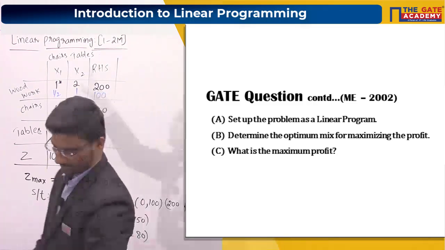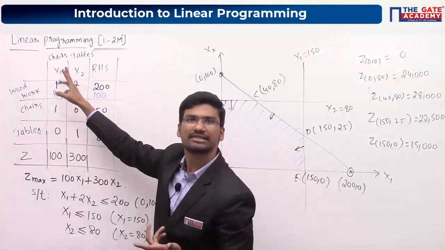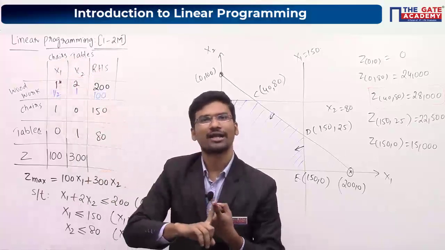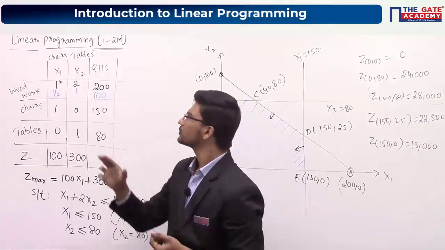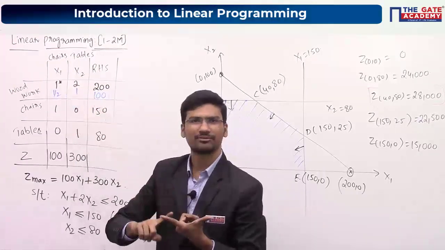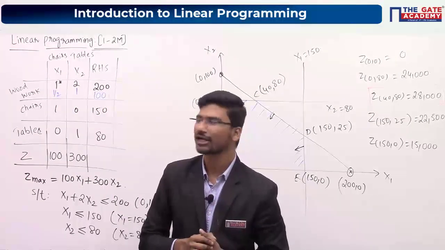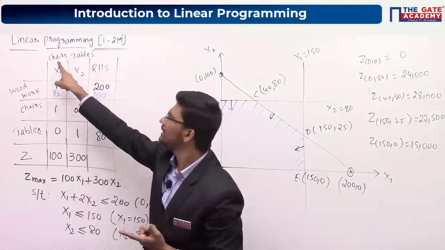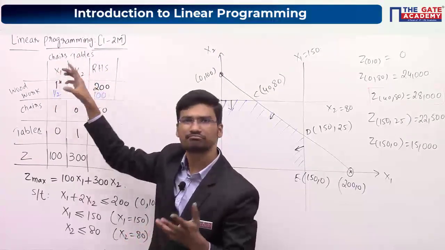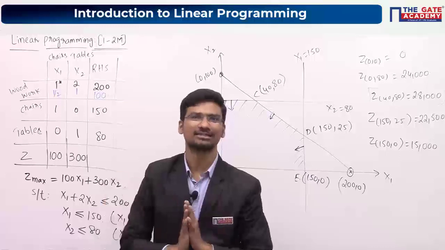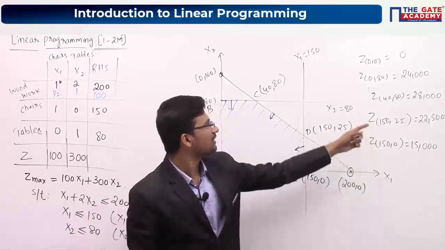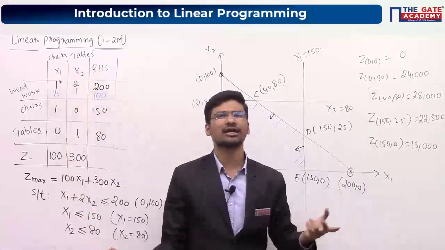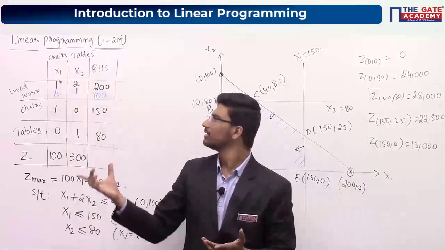Right? Fine. The very first column is your wish. Here I have taken chairs and tables. What is your first step? You have to identify the decision variables. We have seen that the number of chairs and the number of tables are your decision variables. Those decision variables you have to write in these columns. Here you can take chairs and here you can take tables. That doesn't matter. You will get the same final answer. No need to worry. If you interchange these two, you will get tables, chairs. That's all.